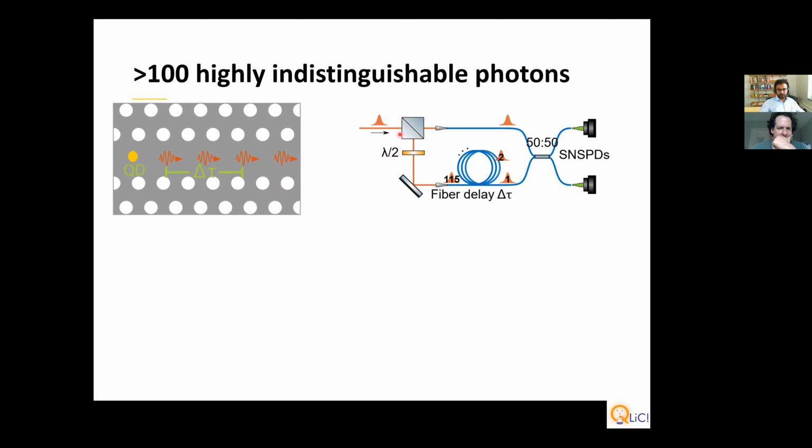case, because we want to control the splitting ratios precisely. So there is a short path on the top and a long path on the bottom. And there's an extra wave plate here. And these short and long paths interfere at a 50-50 beam splitter. And we try to do a Hong-Ou-Mandel interference of the photon that took the short path and the photon that